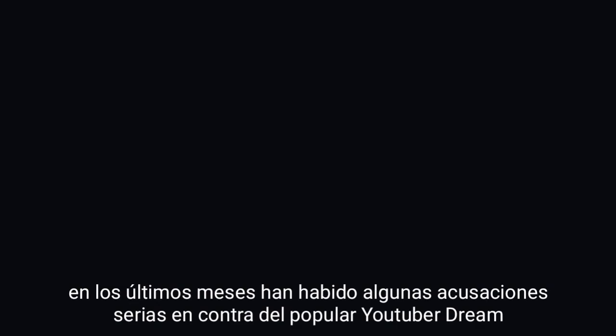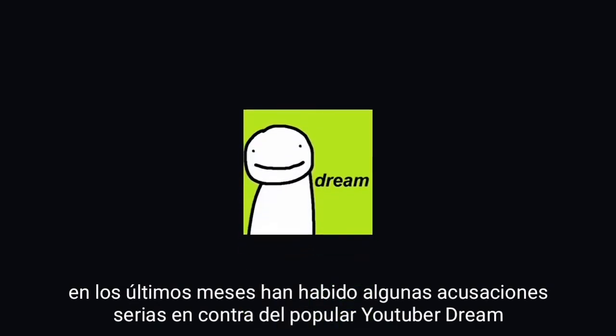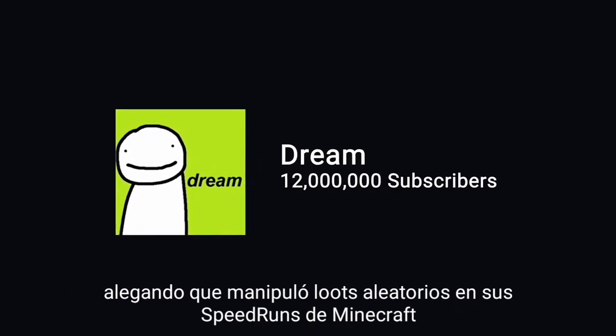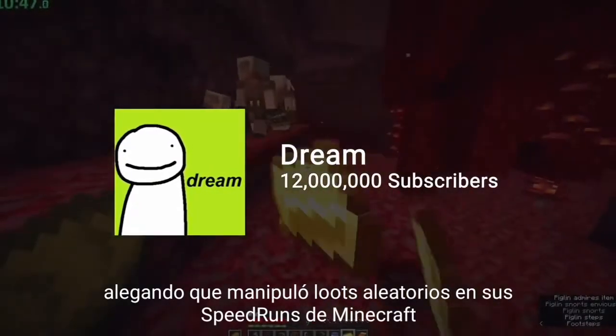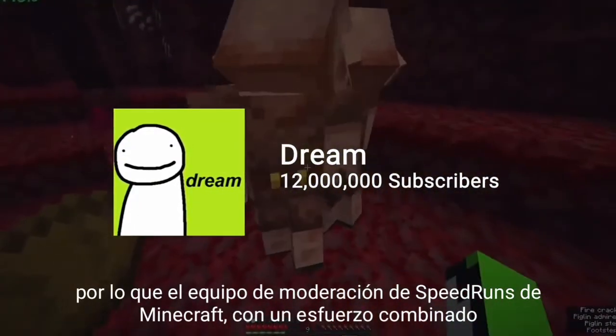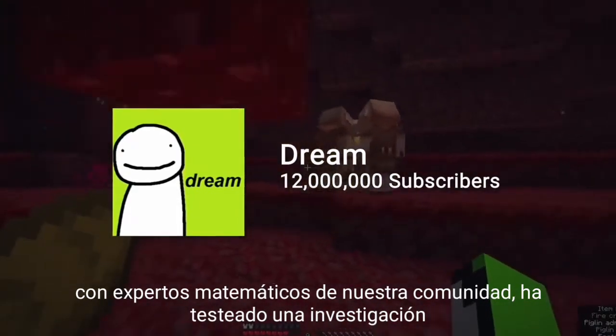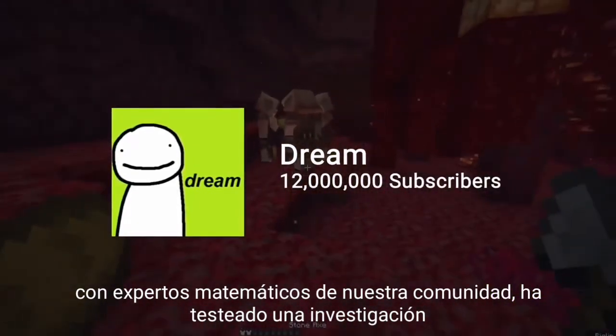Over the last few months, there have been some serious allegations against the popular YouTuber Dream, claiming that he tampered with random loot drops in his Minecraft speedruns. So the Minecraft speedrun moderation team, in a combined effort with mathematical experts in our community, have launched an investigation,